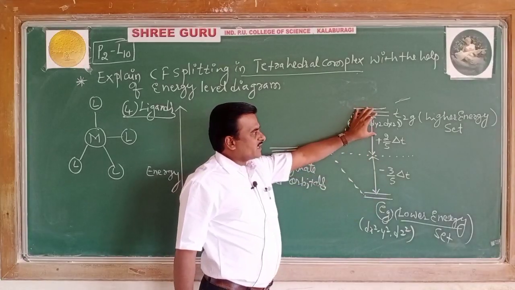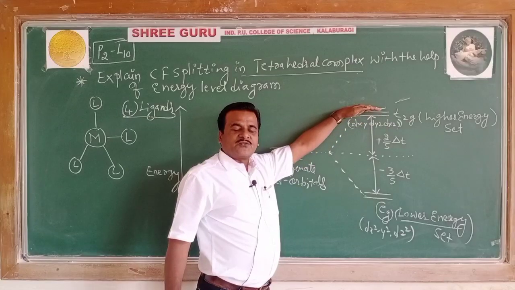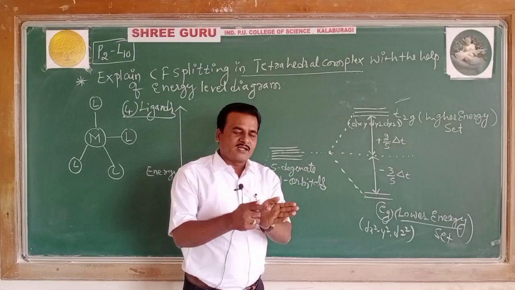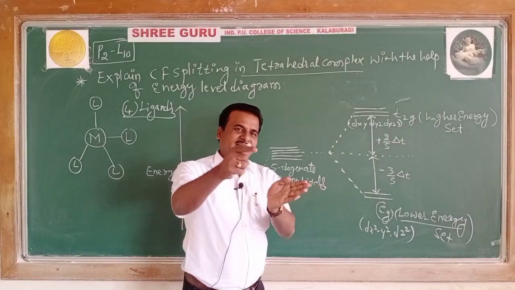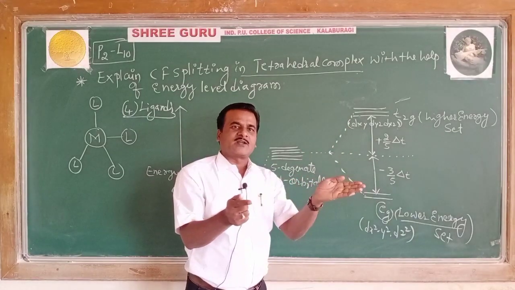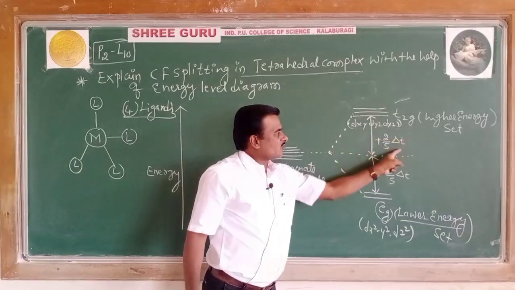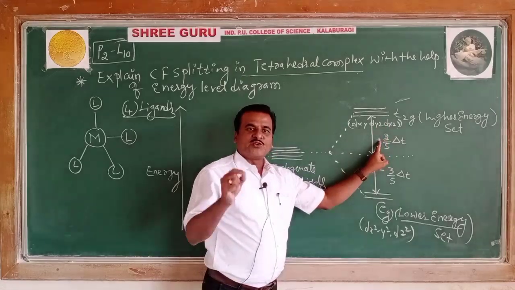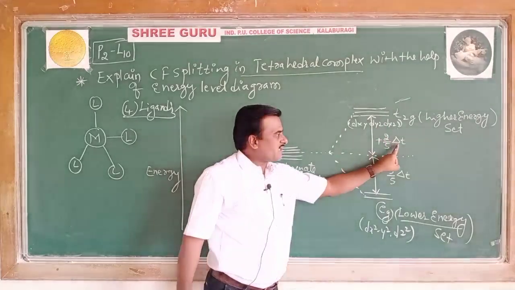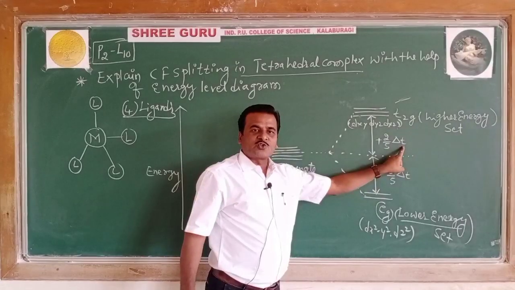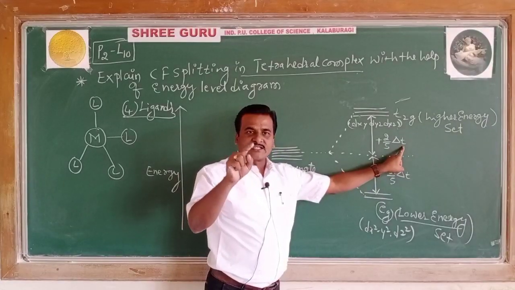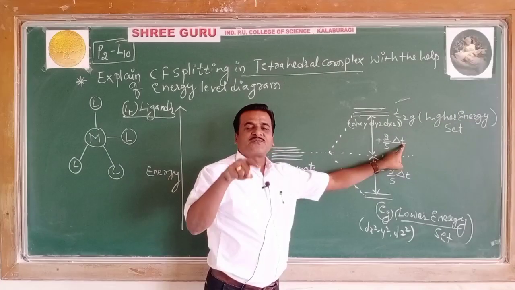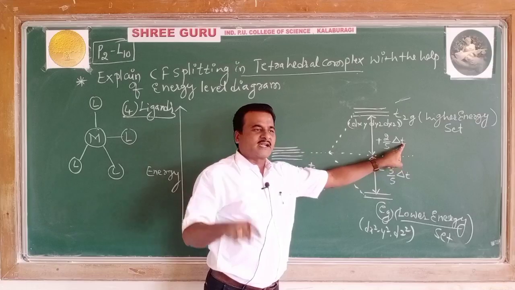Why do dxy, dyz, dxz form the higher energy set? Because these orbitals of the metal ion are quite closer to the direction of the ligand. As a result, there is a greater repulsion, by which you can notice an increase in the energy of dxy, dyz, dxz by a unit of plus 2 by 5 times of delta T. Delta T is nothing but, as you know, the crystal field splitting energy, denoted by delta, with subscript T mentioned in the tetrahedral. If O is mentioned, it is in the case of octahedral.